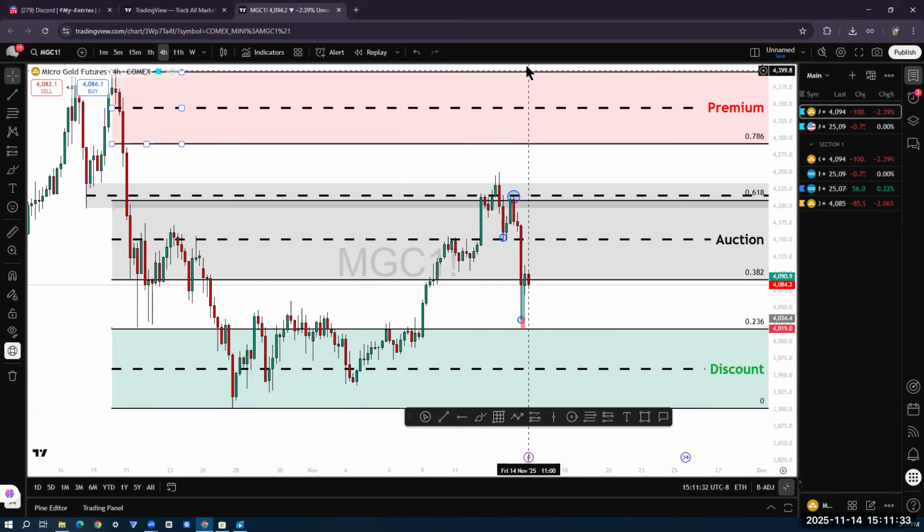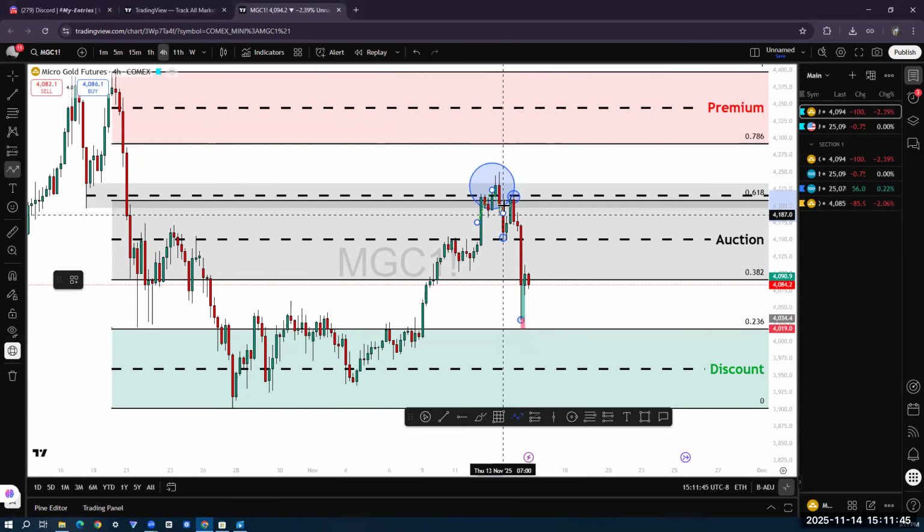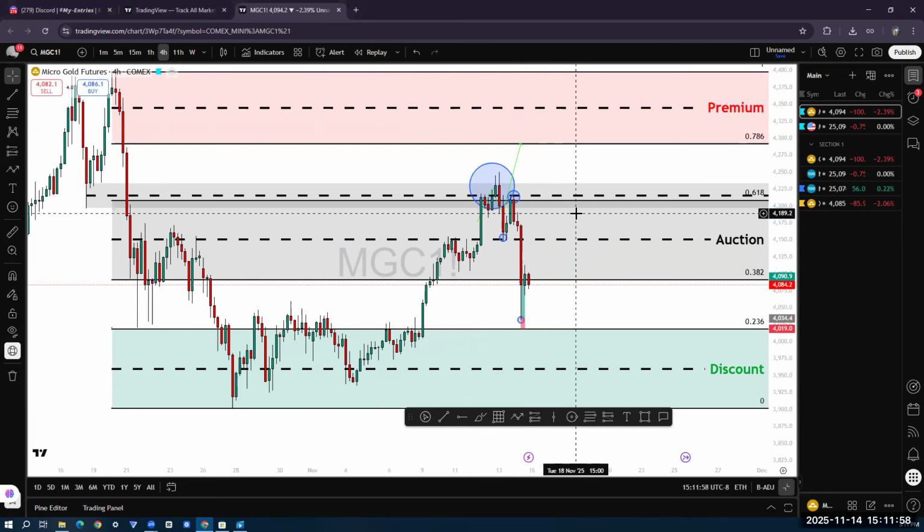So if you can see my screen, right? Okay, so for example, right here we got a beautiful rejection at our 618, but sometimes we might not. Sometimes it might come here, reject a bit, and we think we're good, but then it just buys and stops us out. And then it sells, and then it goes ahead and does what it needs to do. And then we're like, damn. The reason you lose trades like that is because you're not incorporating price action. And it's very, very simple.